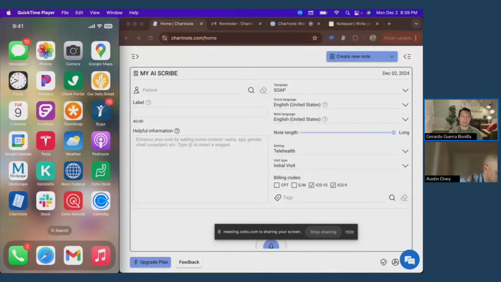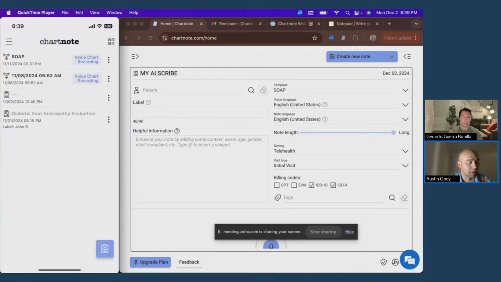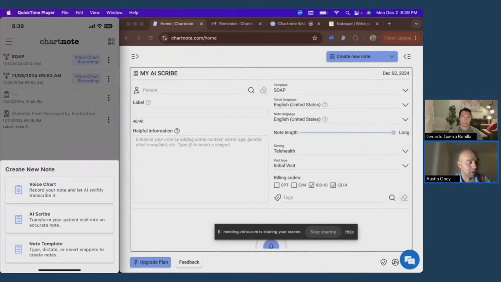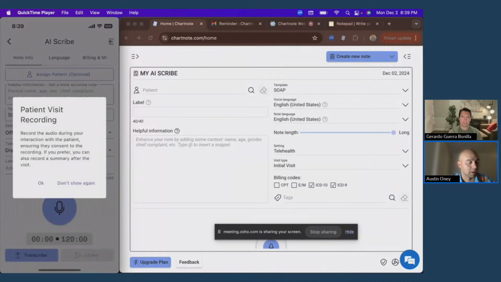So you can record either on the device, and that's helpful if you're on the go, or on the web app using your computer. So today we're gonna do the mobile app, and you'll see the notes both in the app and then on the chartnote.com as well. Okay, so I'm opening up my phone, opening up the Chartnote app, and you can click the three options here, just like on our web-based platform. We're going to do AI Scribe, and